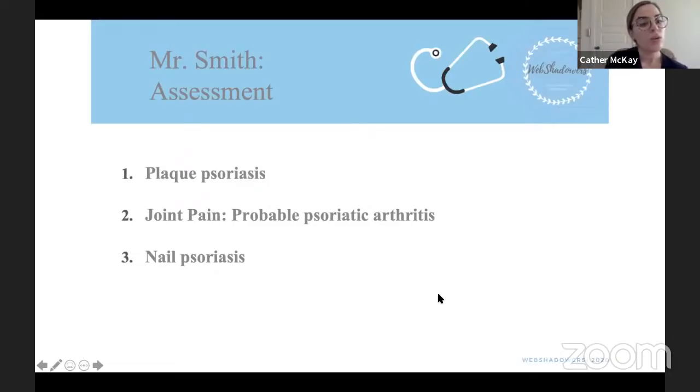Okay, so his type of psoriasis is called plaque psoriasis. I'll show you some examples of different types of psoriasis later, but plaque psoriasis is the most common kind. Joint pain, and I would say he has probable psoriatic arthritis. You have to do some more evaluation, but based on